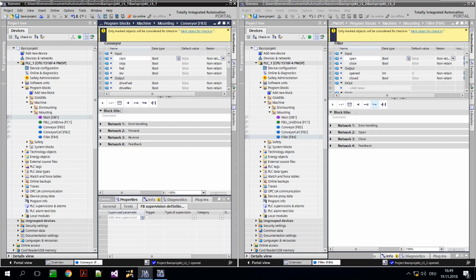The following preconditions must be met for working in a multi-user environment. The multi-user server must be set up, and the employees in the team have configured the connection to the multi-user server. The two open TIA Portal instances currently visible reflect two team members each having a local copy of the server project open. User 1 is currently editing the conveyor block,